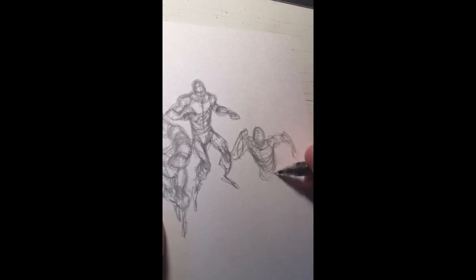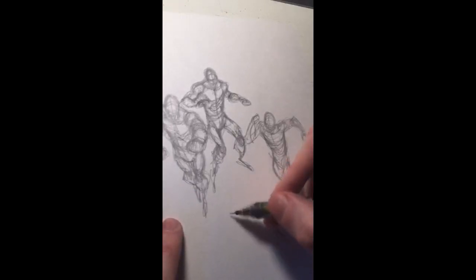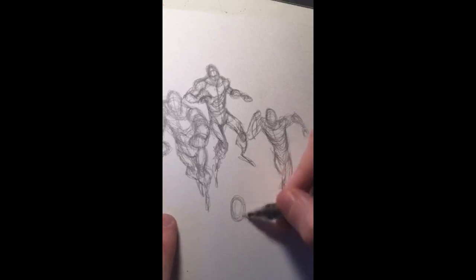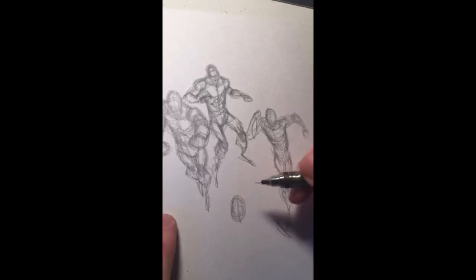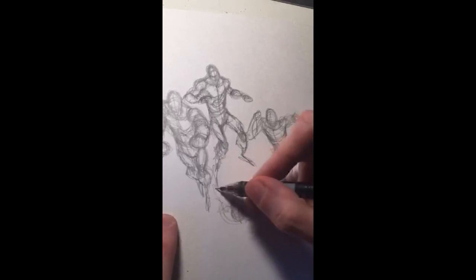Now this pose right here actually is coming out a little more lifelike. This is more of a jog here. But if you're going to draw Quicksilver or the Flash, just really busting into a full run, then you're going to want to be a lot more exaggerated. So this is kind of how an almost regular real life running pose would be. So just something like that. But if we really wanted to get exciting with it, I apologize, I'm missing all of y'all's questions there. I'm, as I said, so focused on